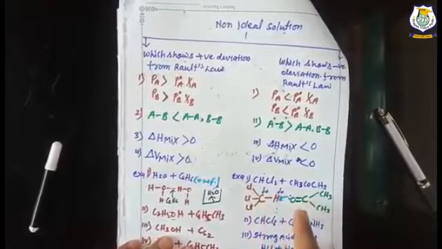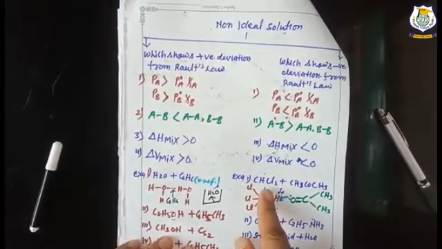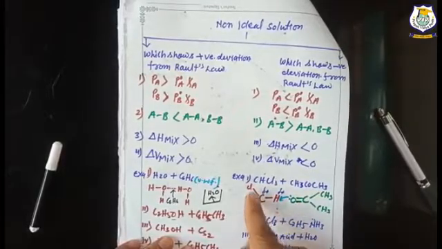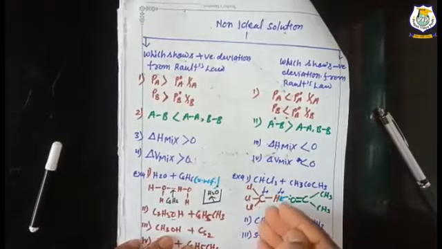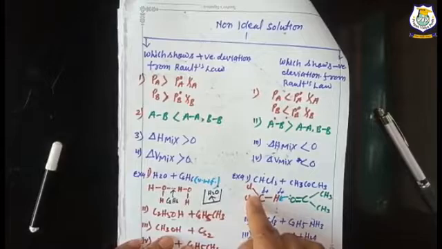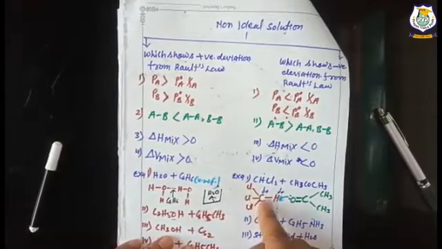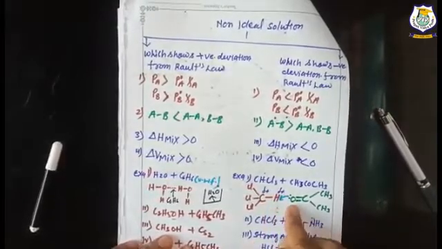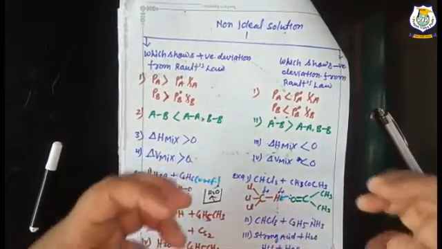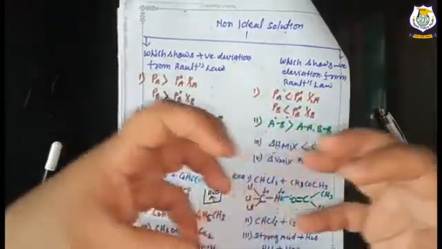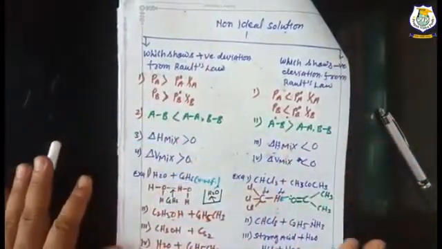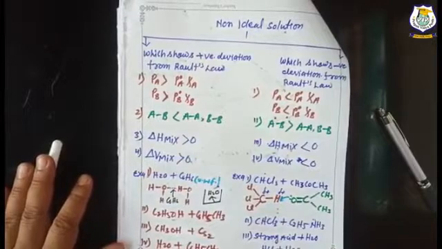negative deviation showing solution, chloroform and acetone. In chloroform, chlorine is attached with the carbon. The electron pair of this bond is shifted towards chlorine, and carbon becomes positive and chlorine becomes negative. The oxygen atom of acetone has a lone pair; by the donation of this lone pair, these two molecules form an extra bond. एक एक्स्ट्रा बॉन्ड का फॉर्मेशन करेंगे तो अट्रैक्शन फोर्स बिटवीन द A एंड B इज ग्रेटर. ड्यू टू दैट रीजन द फॉर्मेशन ऑफ द वेपर इज रिड्यूस एंड द वेपर प्रेशर इज ऑल्सो रिड्यूस.